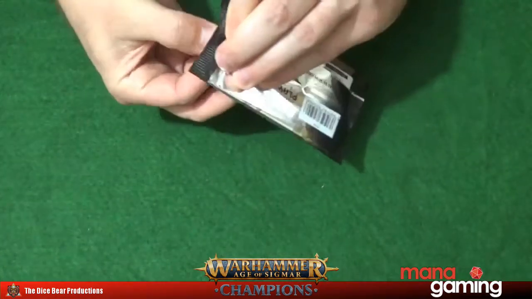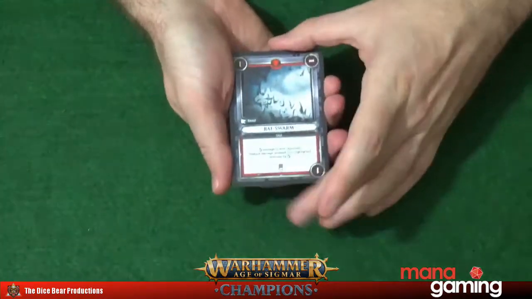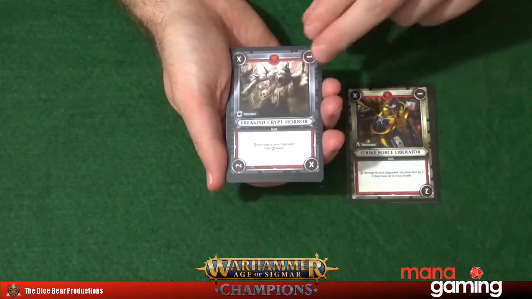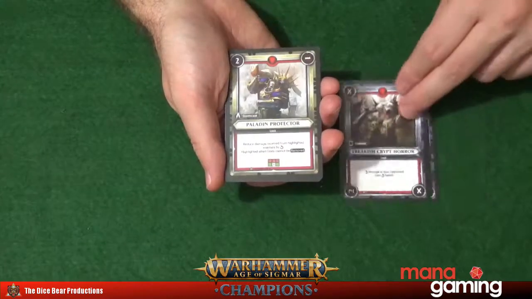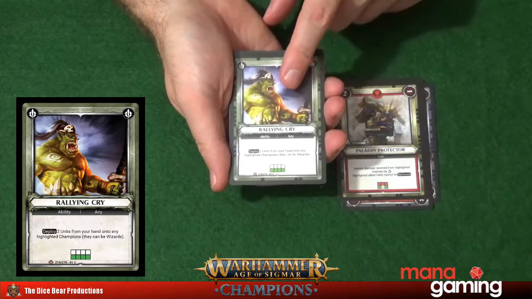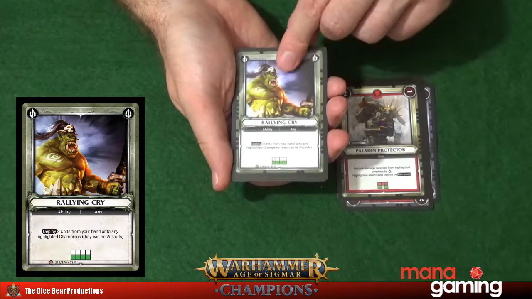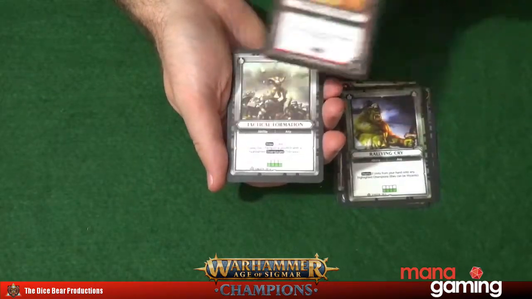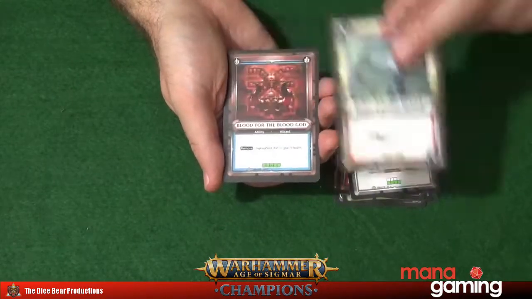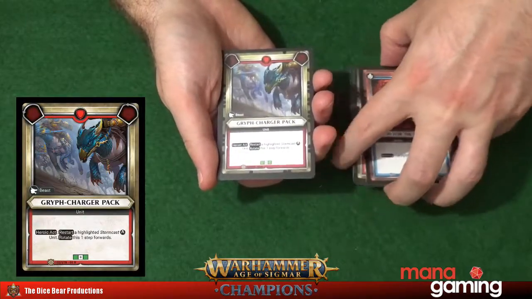Next pack. Right, so we're on the countdown now. After this one there are 6 left. Here we go. Bat Swarm, Strike Force Liberator, a Freakish Crypt Horror, Paladin Protector, Rallying Cry. If you're running a destruction deck and you haven't got these in there, naughty you. Twisting Screamer, Tactical Formation, a Swift Namati Reaver, Blood for the Blood God, and here's our rare, a Griff Charger